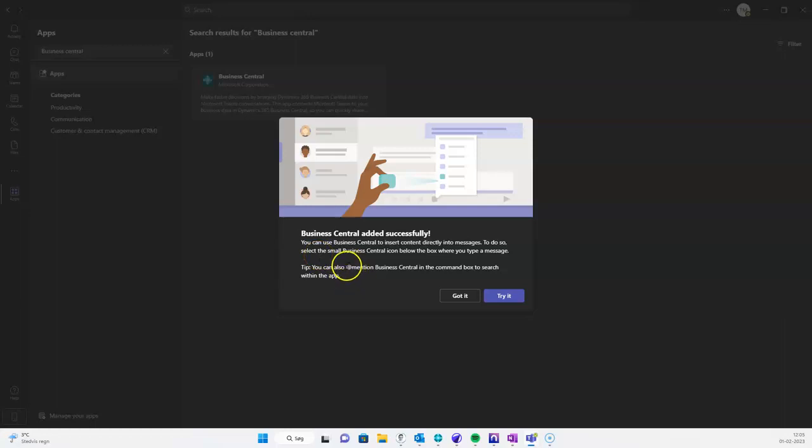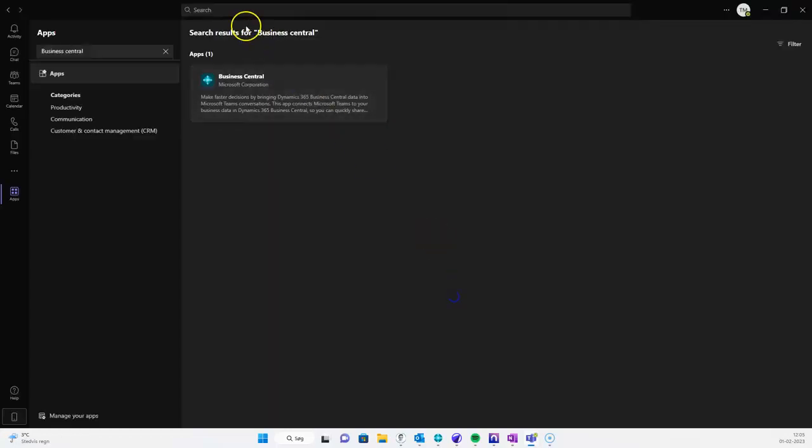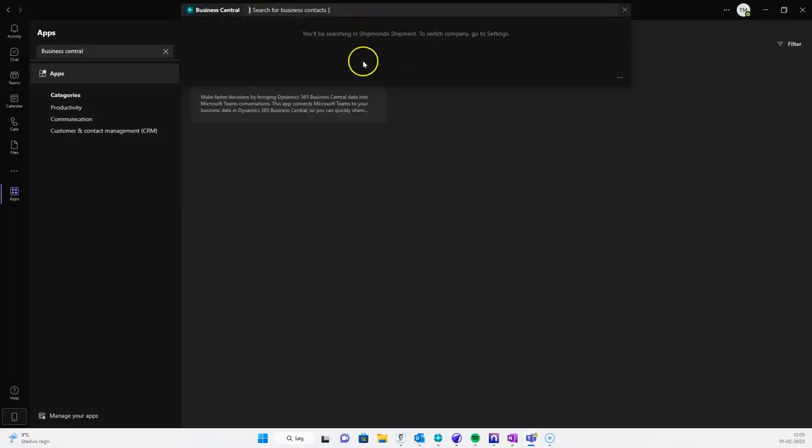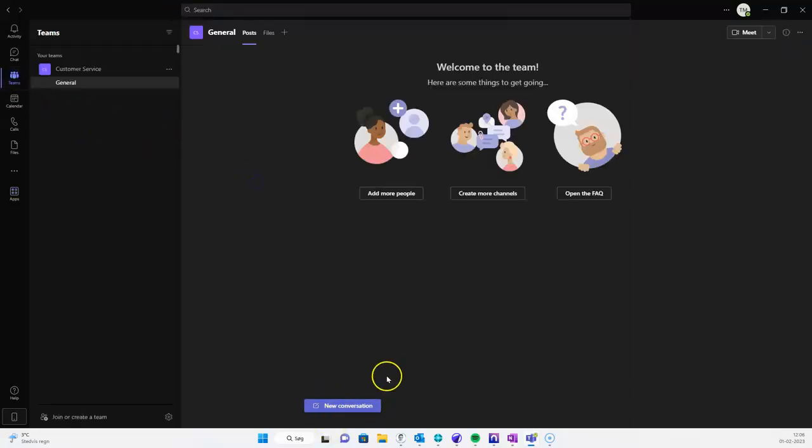So what we're going to start with, we're going to mention Business Central in the command box, which is the search field at the top here. So we're going to say @Business Central. This will show you what business information or company information we're looking at the moment. You can switch this, like it says on the settings, but this taps into the company in Business Central. So now we can go back into our Business Central,